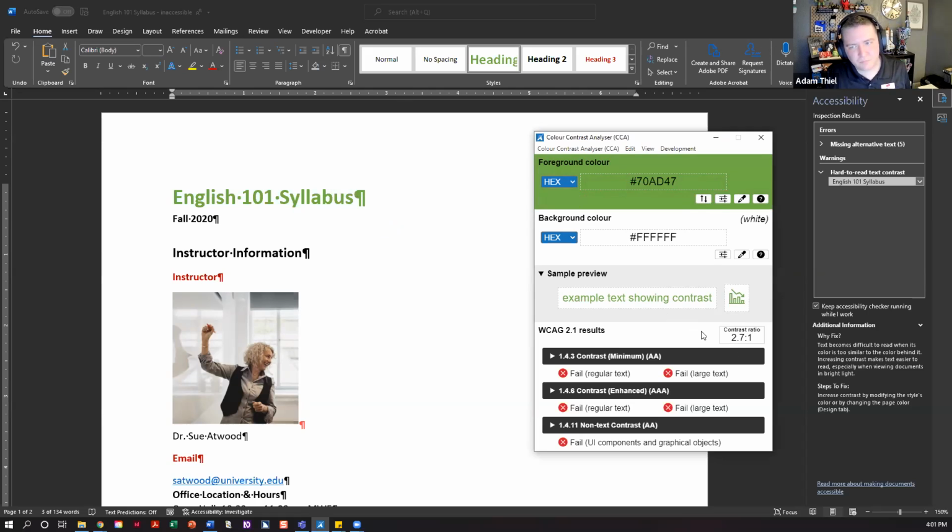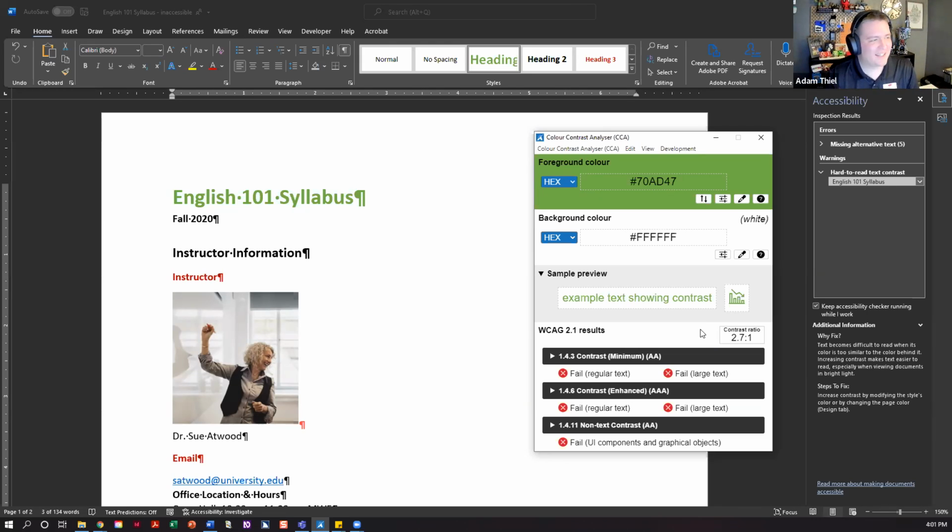It gives you a contrast ratio, and for digital accessibility, that's the magic number we're looking for. Anything above 4.5 to 1 is good color contrast. Anything under that is not going to be enough, and you're going to want to increase your contrast. There's a big, giant, pages-long mathematical formula to figure that all out, and that's why this tool is nice.